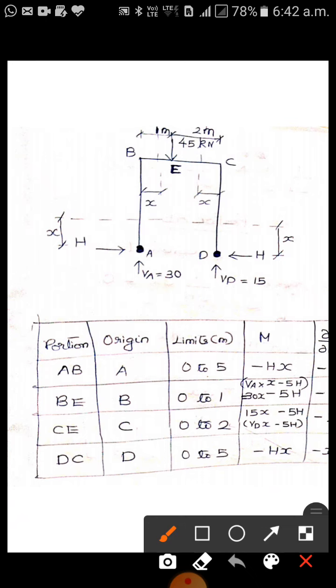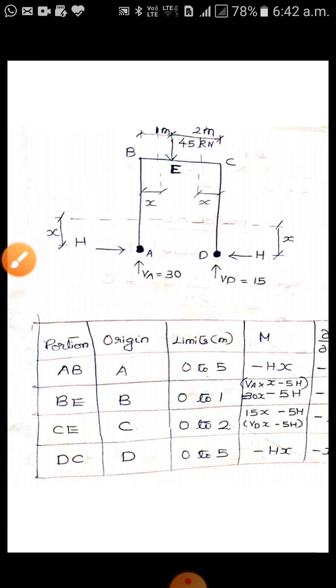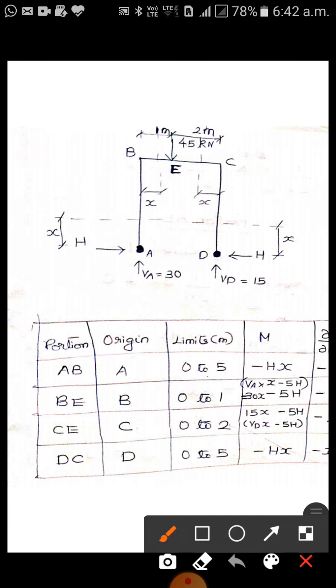So here, what are the forces for AB? You have to consider only VA and H. Now as I told you how to find the bending moment. First we find the bending moment for VA at X. At X you draw a line parallel to VA, the line of action of VA. It is going to coincide with VA itself. So the bending moment due to VA is equal to 0.